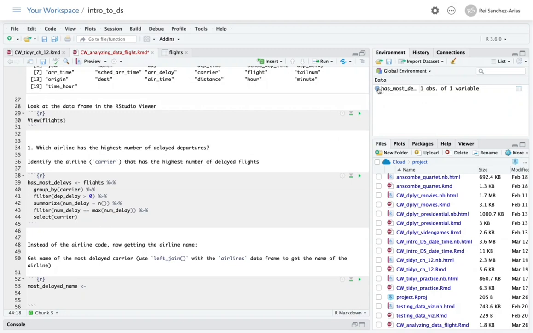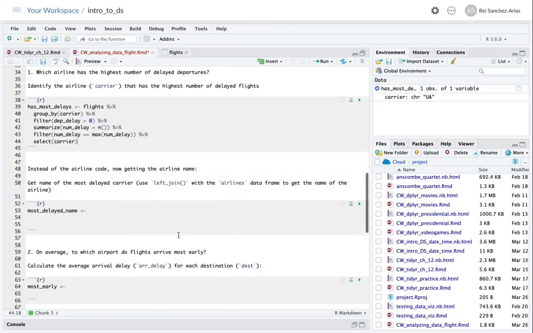Okay, so if we do that and we run it, our has_most_delays actually has one observation. If you take a look at the top right region of your RStudio window and the environment tab, you see that has_most_delays turns out to be one observation of one variable, and it's got the code UA. Many of you probably know that UA stands for United Airlines, but what if we didn't know? So instead of using the airline code, I can take my new data frame and do a left join with the